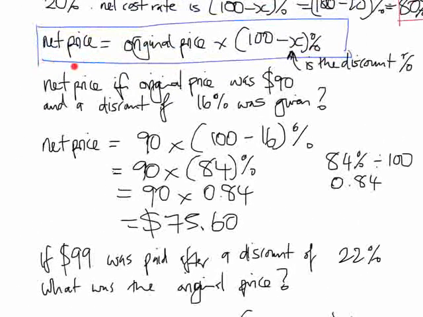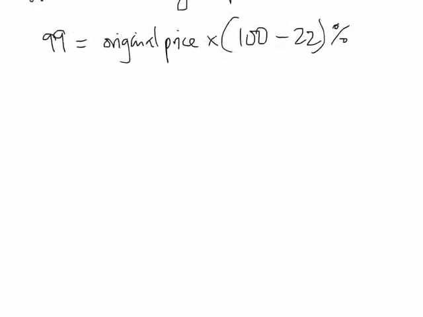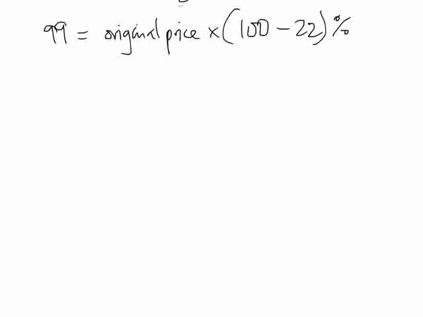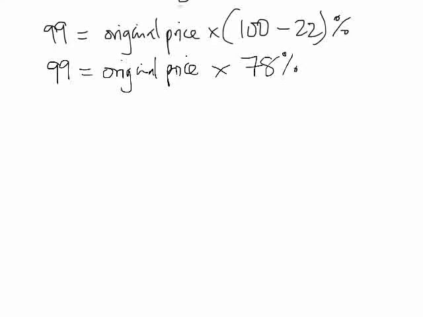We got net price, which we've written, original price, and the net cost rate. So we're all good there. So 99 equals original price times by, what's 100, take 22, I think it's 78, just double check, 78%, 78 as a decimal is 0.78